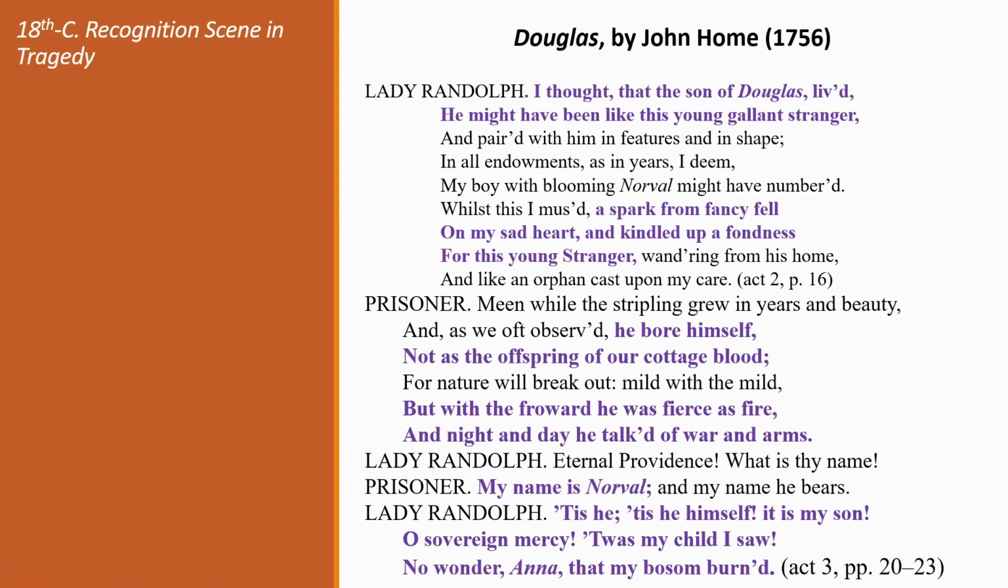Lady Randolph explains, "I thought that the son of Douglas lived," and Douglas was her first husband. "As soon as I saw him, I thought that his son lived. If he had lived, he might have been like this young gallant stranger." And then she says, "A spark from fancy fell on my sad heart and kindled up a fondness for this young stranger." And then a prisoner, again a minor lower class character, talks more about the boy and says he